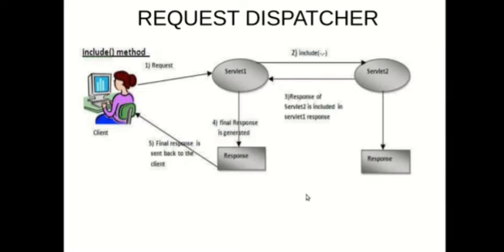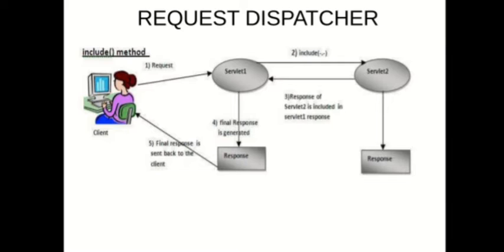This is an example for the include method, where the client is sending a request to servlet 1, and servlet 1 sends the request to servlet 2 by using the include method.